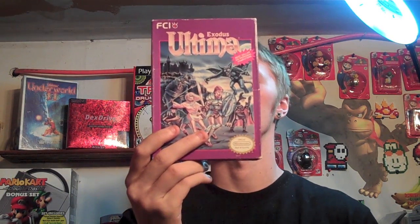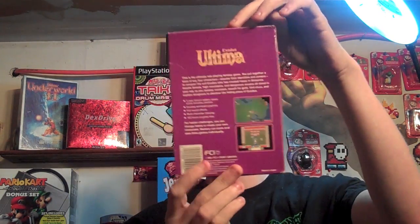That one's missing the styrofoam, but it's got the game and the manual. And then the reason I'm keeping that strategy guide is because I got a complete copy of Exodus Ultima. It's in pretty good shape. It looks a little faded, but it kind of looks like that on the manual too,